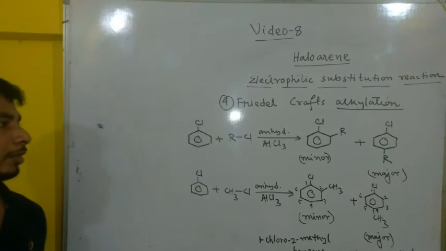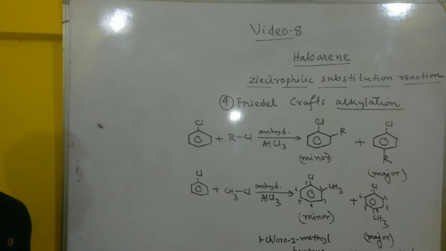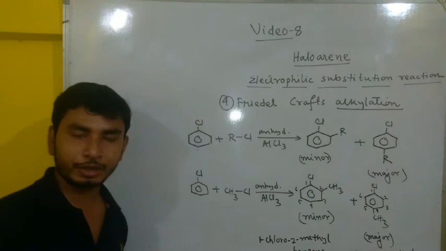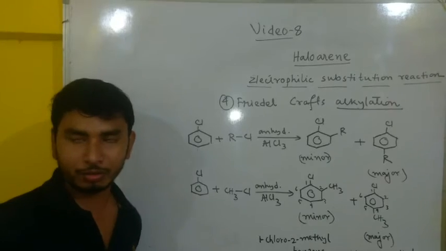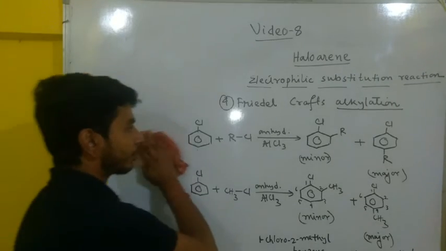1-chloro-4-methylbenzene. So this is about our alkylation reaction, meaning addition of an alkyl group at the ortho position and para position. Next reaction,